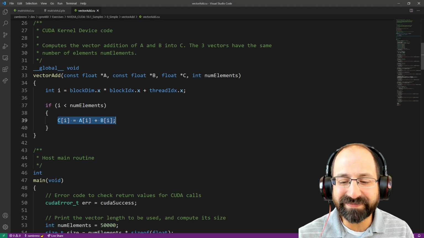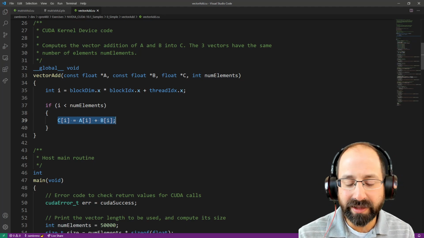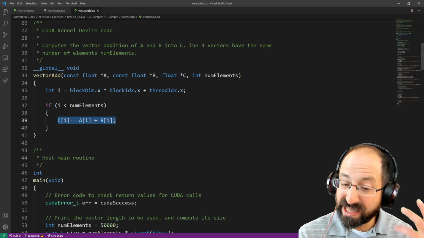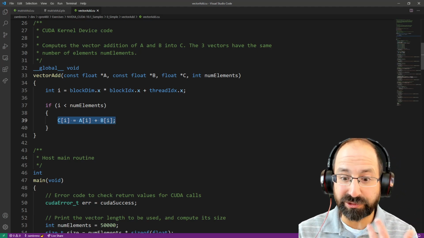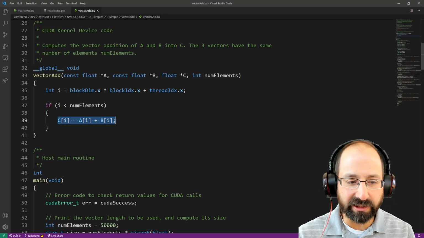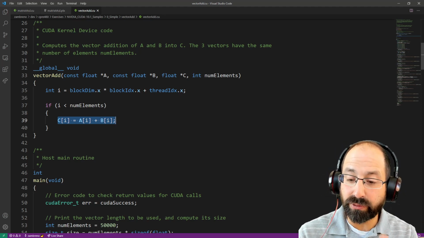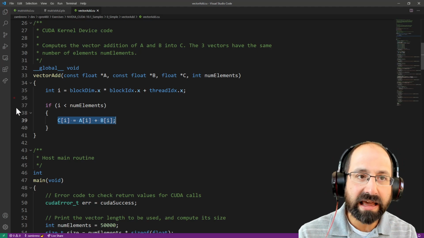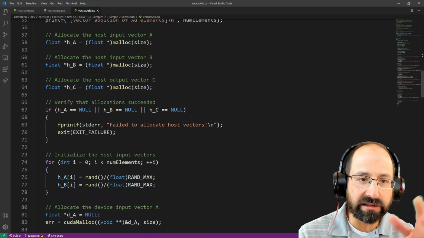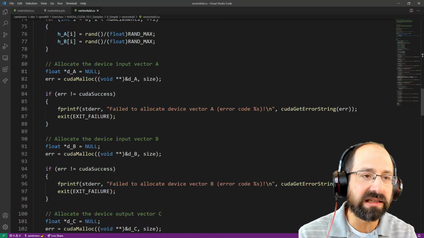It is a function that is written from an individual thread's perspective. So if you were to think of it as just a C function, it seems like a very trivial one, right? What is the whole point of even having this as a function? It's just doing one little addition here. Why do we even do this? Again, it's written from a single thread's perspective, and then once this thing is actually set up, there'll be some memory allocation, I'll talk about this as well, some data initialization,